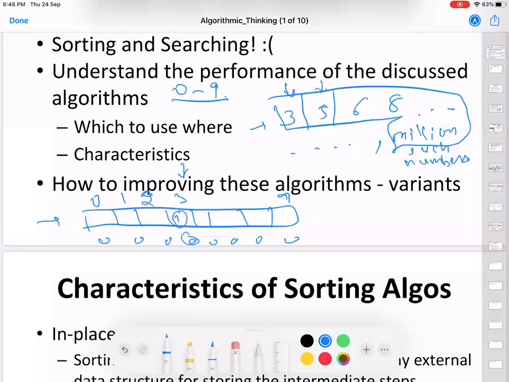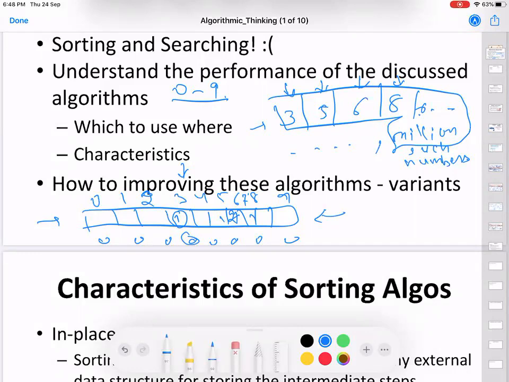Now I move on to the next number. I saw a 5, so corresponding to 5, I add a 1. Similarly, I saw a 6, so corresponding to 6, I'll add a 1. And then 8, I'll add a 1 again to 8. Now, if I see a 6 again, I can increase the counter by 1, so the new value would be 2. So for all such millions of numbers I have, I will just create a counter list for each and every number that I have. Okay.